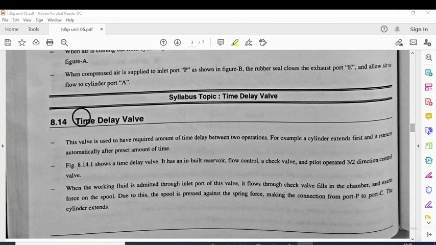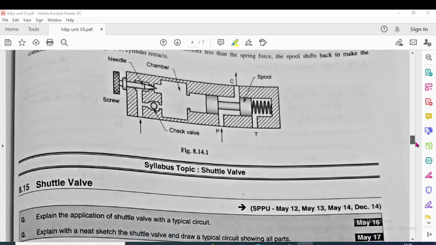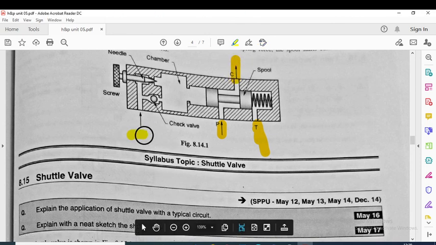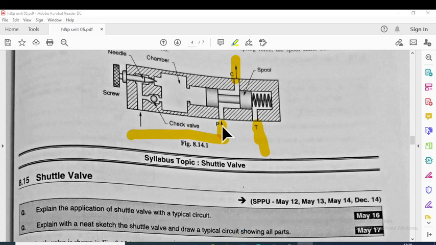Similarly, students, this is the time delay valve. This valve is used to have a required amount of time delay between two operations. Here you can see, this is the inlet port P, this is the tank port T or transfer port, and this is the port C, which is for the cylinder. When inlet air comes through port P, the air moves through this